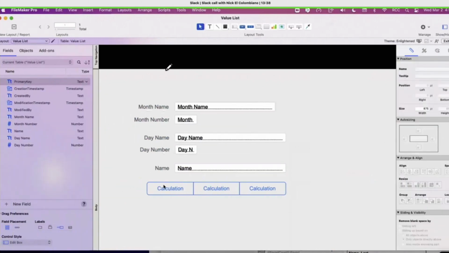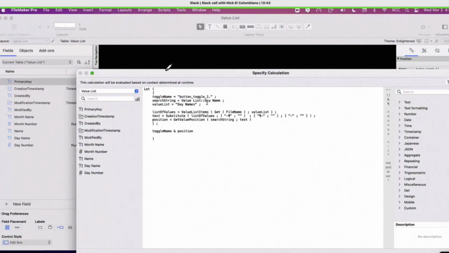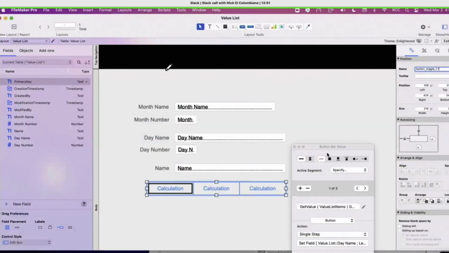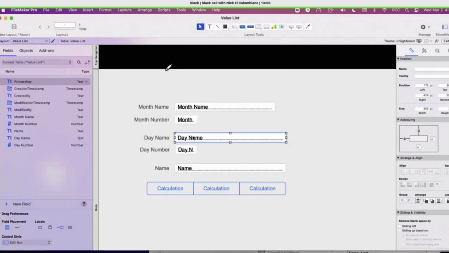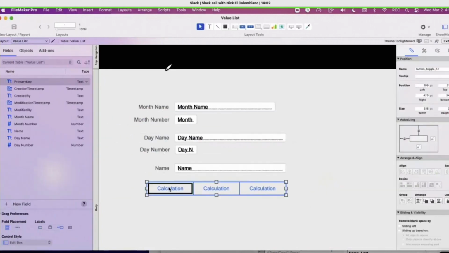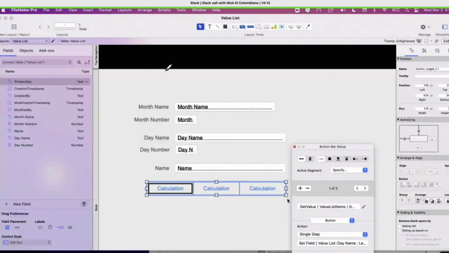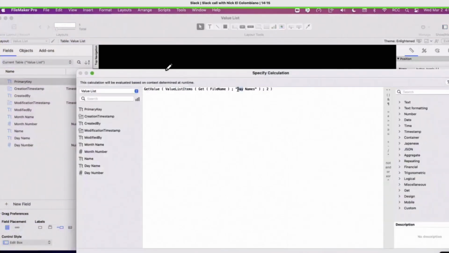So why is the validation not working? Oh, no. Day value list day name, toggle one, day names. I don't know why. Is it the style and theme for that? No. It's day name. It should work. I don't know why, but it's okay. Well, because it's an active object. Is the active style correct? It should have it. Button toggle one value day name, day names. It's day names, right? Yeah, day names. I don't understand why.